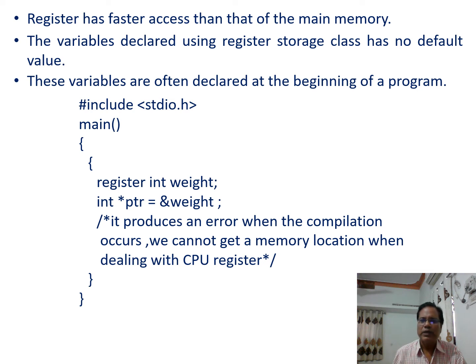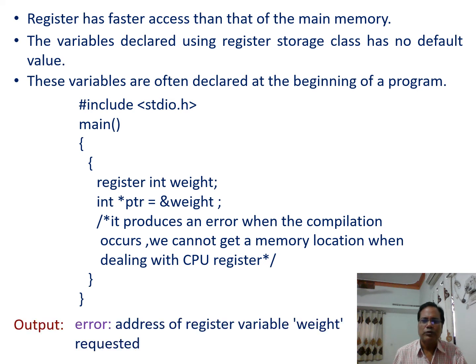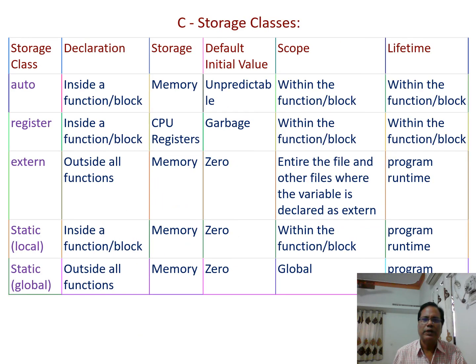We cannot access the memory location when dealing with a CPU register, and here we are pointing to the memory location to store the value of weight, and that's why an error is produced. So the output error is: address of register variable weight requested. This is the error when this program is run. Now the complete C storage classes, whether auto, register, extern, or static,